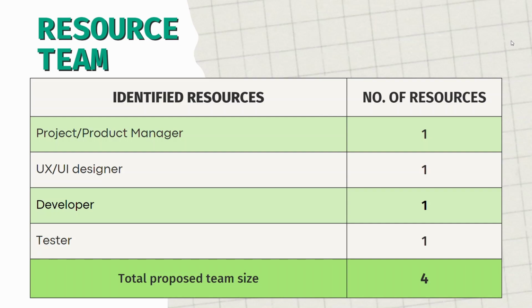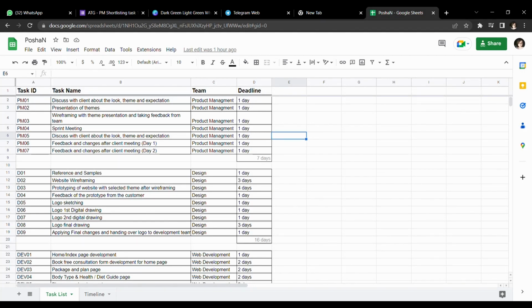and one tester. So here is the spreadsheet of the tasks which we need to finish, and it is divided into teams and sections. So here are 4 sections, one for each member of the team. This section is for the product manager and it consists of 7 tasks, and 7 days are assigned for this. Then we have the designer part and it consists of 9 tasks and the assigned days are 16 days